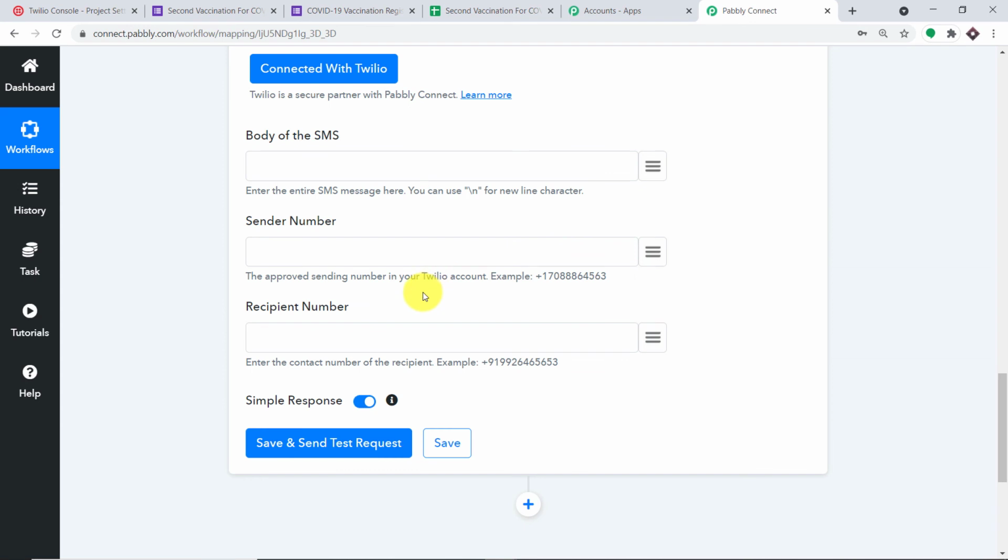As you can see, a set of blanks has appeared in front of you. The purpose of these blanks is very simple. We are going to compose a message in Twilio from the data that we have received from Google Forms via Pabbly Connect. So let's start building the body of the message of the SMS. I'm going to type a very simple SMS, something like hello. And we are going to make sure that the rest of the message is in the next line. So to enable next line, let's just type /n.